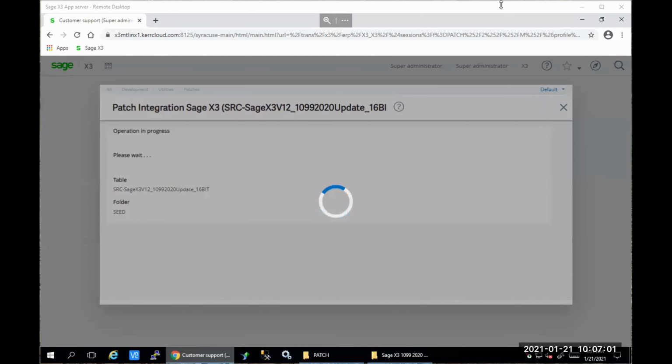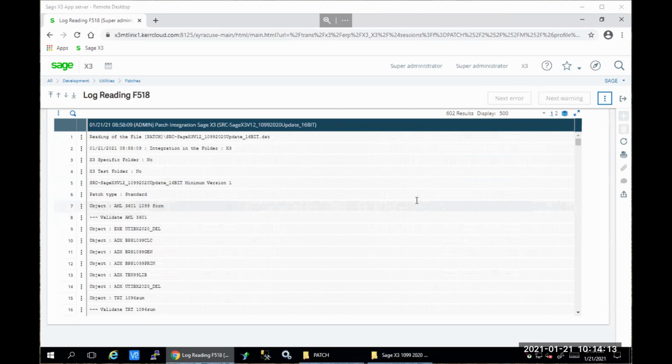Here we'll see that the patching process is continuing, and currently it's being applied to the Sage seed folder. Finally, when the patching process has been completed, the validation is also taking place because we unchecked that deferred validation checkbox. Once that is done, you may exit out,